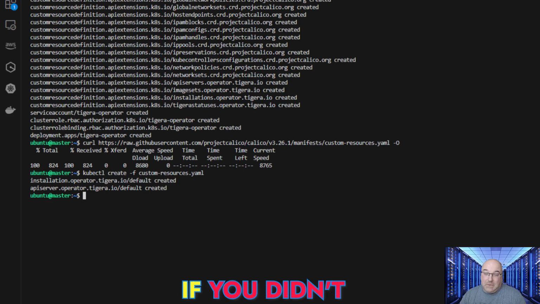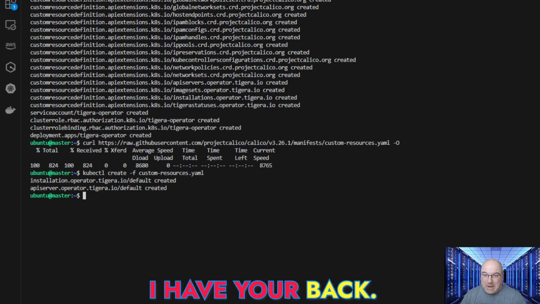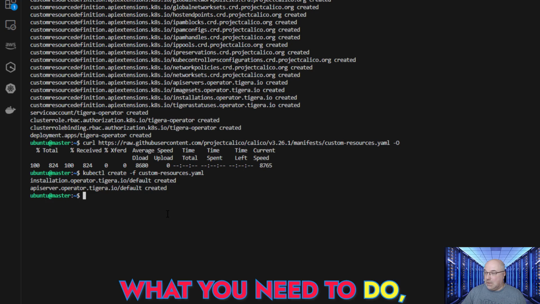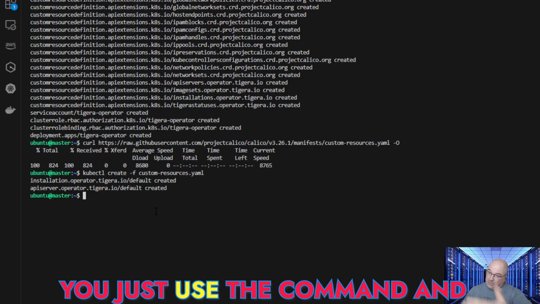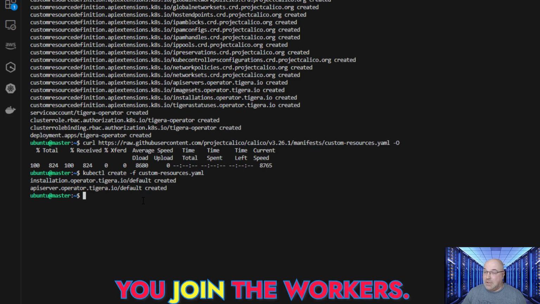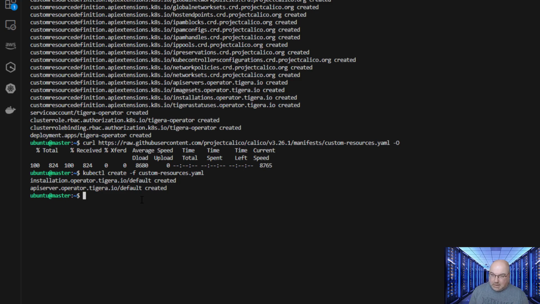However, if you didn't note that command, you didn't note the token, don't you worry, I have your back. If you didn't forget, you just use the command and you join the workers. But if you forget that token, it's simply